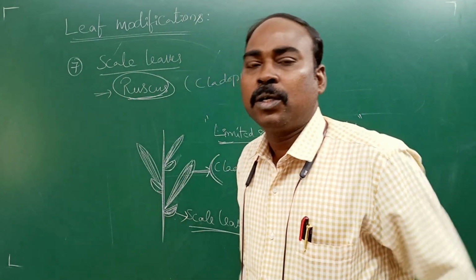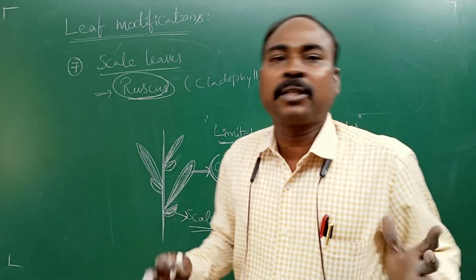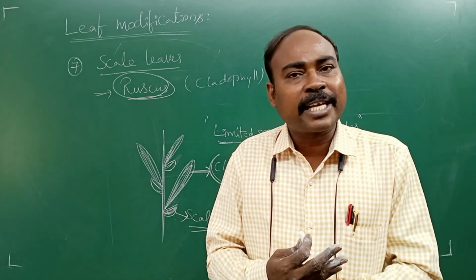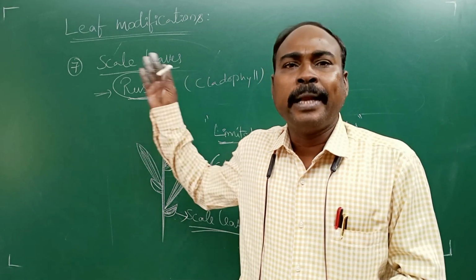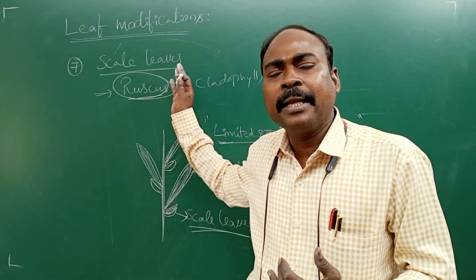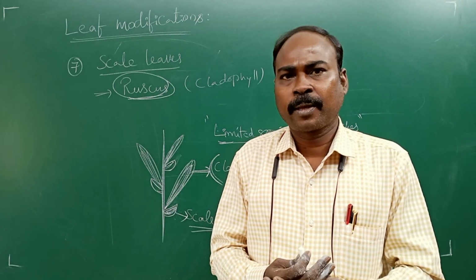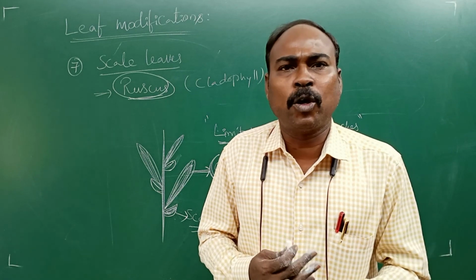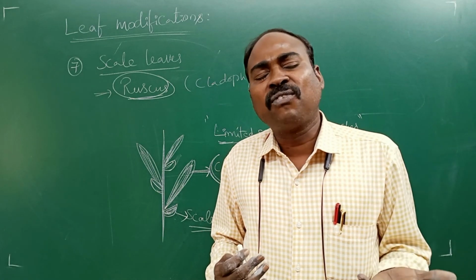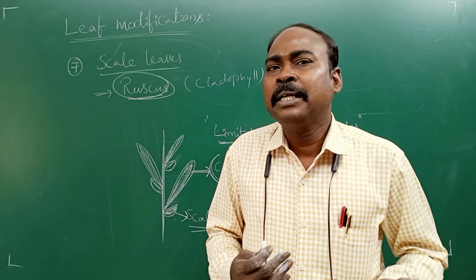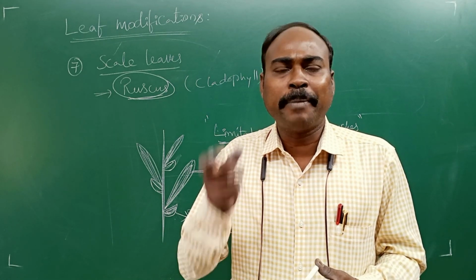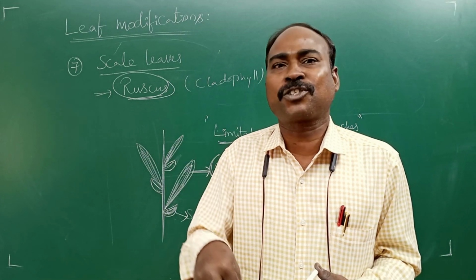That is about the leaf. So we finished the vegetative part, that is root systems, root modifications, stems, different kinds of stems and stem modifications, leaves, types of leaves, parts of leaves, phyllotaxy, and then leaf modifications. In the next class, we are going to discuss reproductive parts such as inflorescence, flower, parts of flower, then fruits, and finally seeds. So we are going to discuss inflorescence, the method of arrangement of flowers on the floral axis, in the next